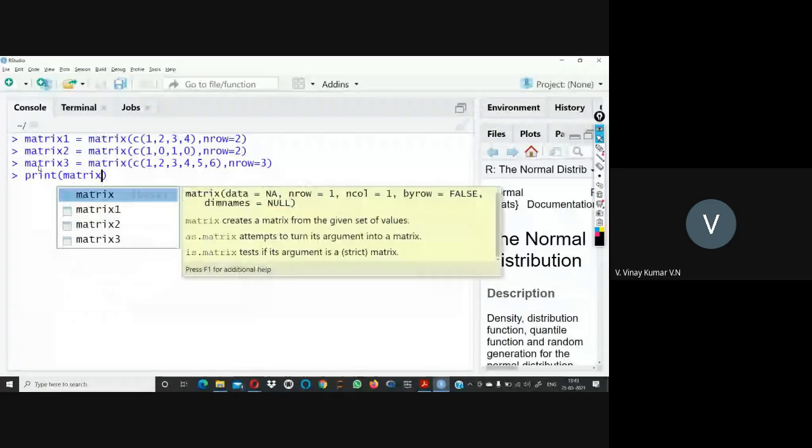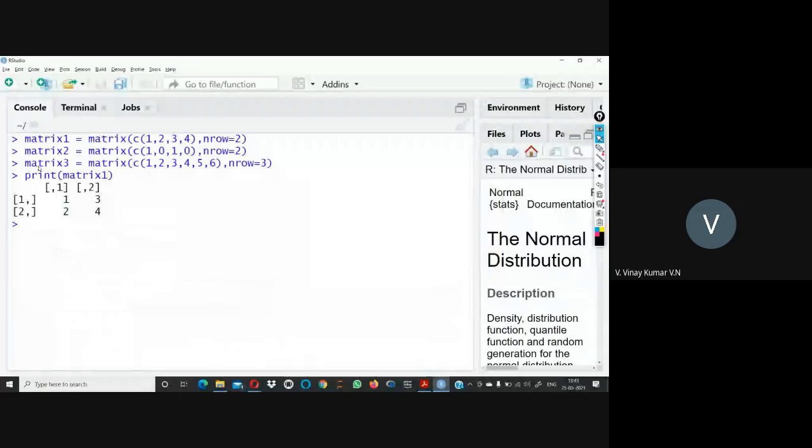We have the elements 1 2 3 4. Whatever elements we have here get stored by column.